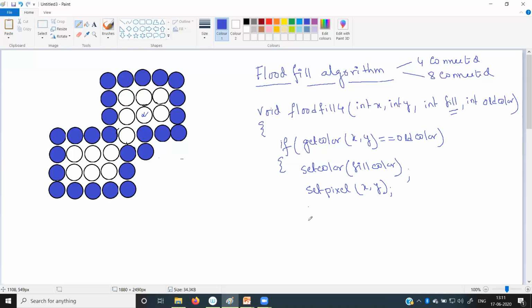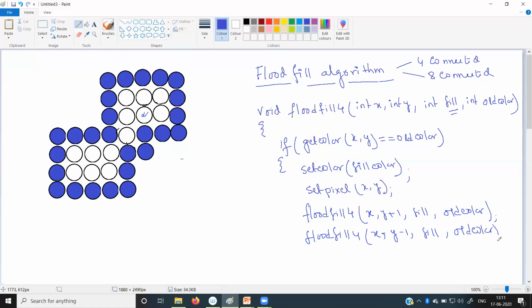And then, if it is 4-way connected, it will call the same function, floodfill4, for all its four neighbors. Four nearest neighbors means one is x, y plus 1, fill color, old color. Then it will call floodfill4 for x, y minus 1, fill color, old color.